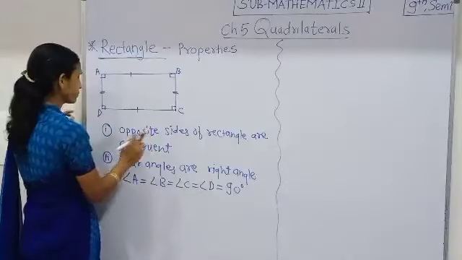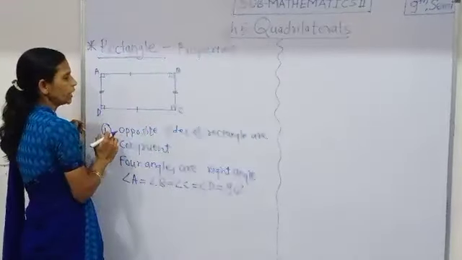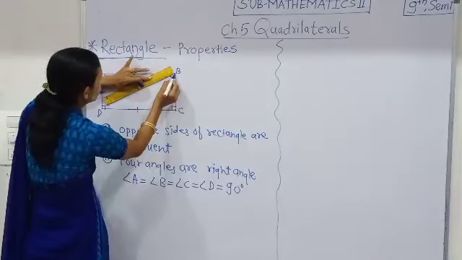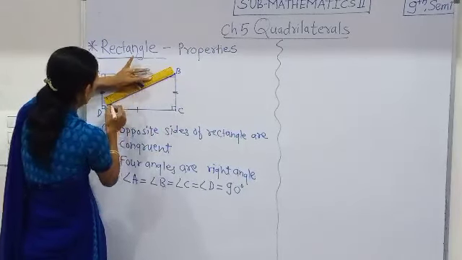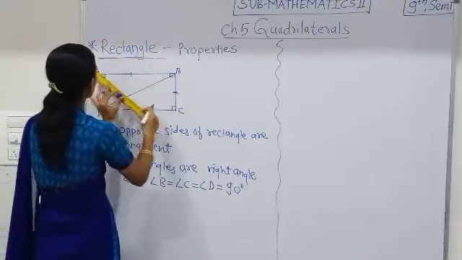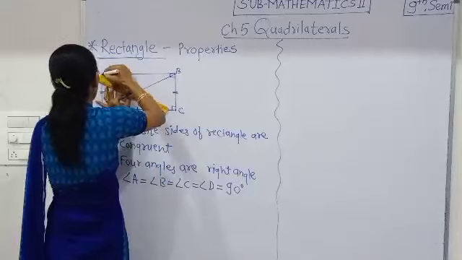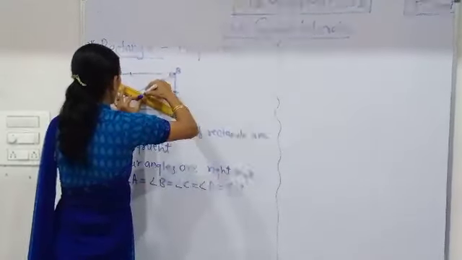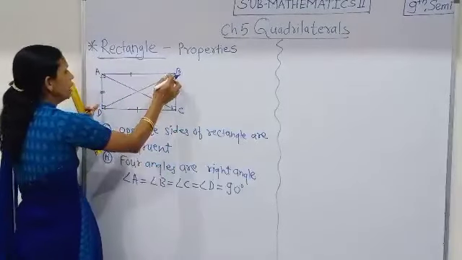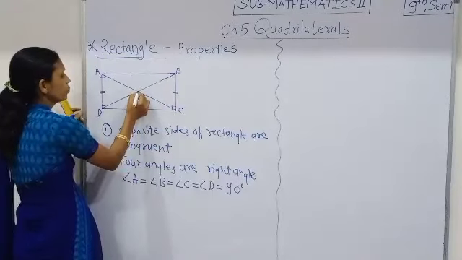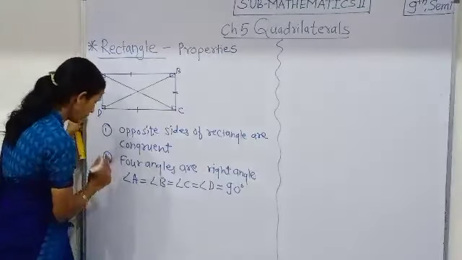Then one more property: if we draw the diagonals of that rectangle and measure the lengths of those diagonals of the rectangle, then it is found that the lengths of those diagonals are the same,